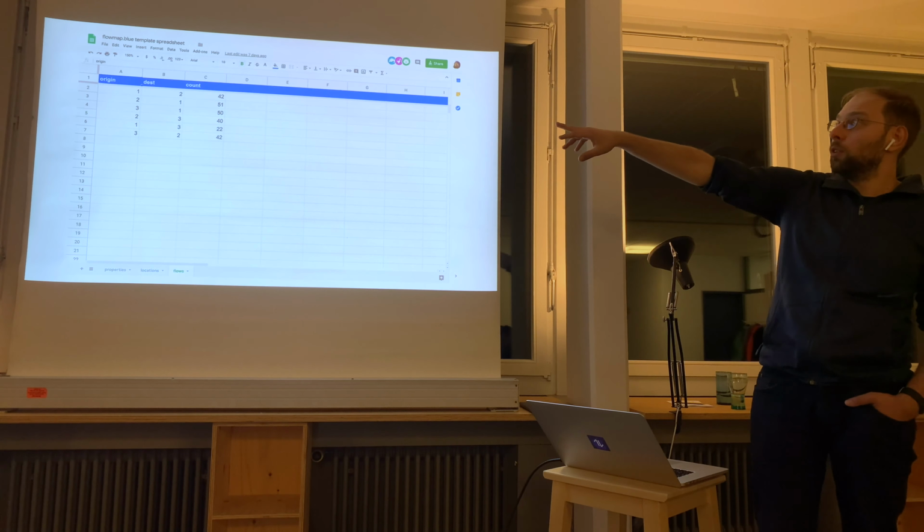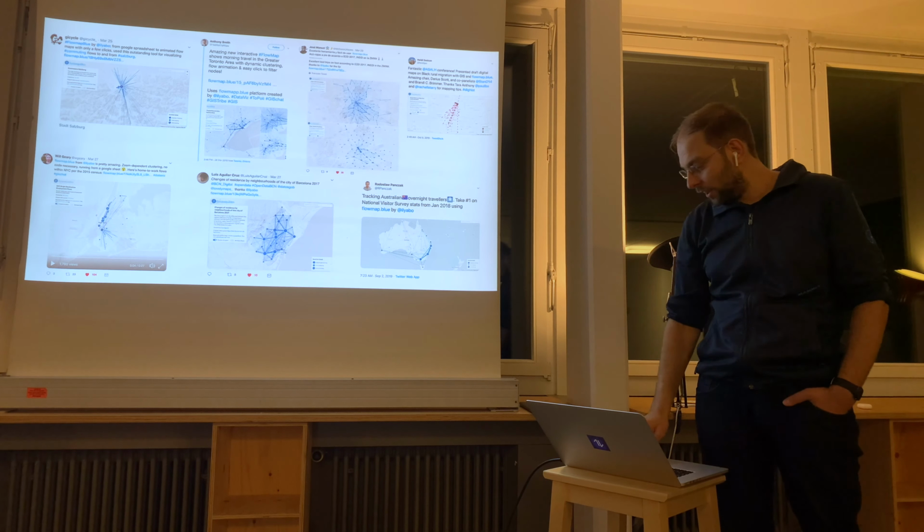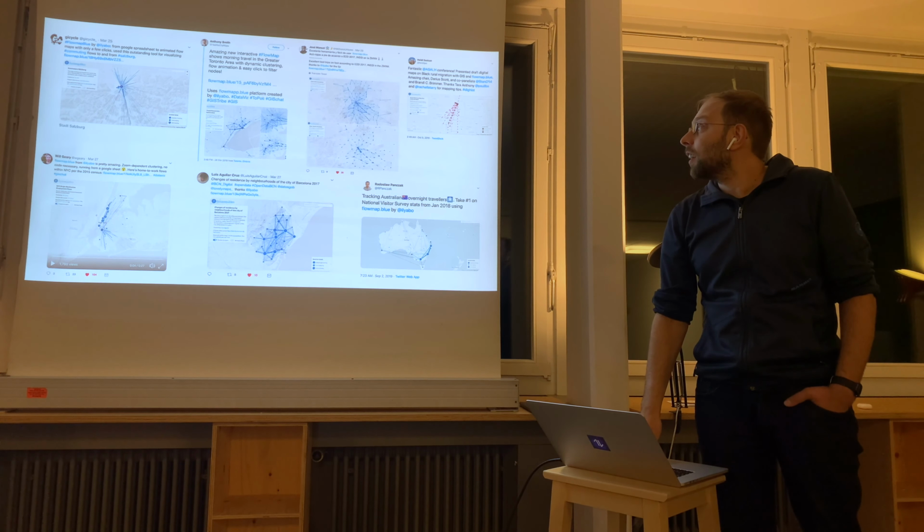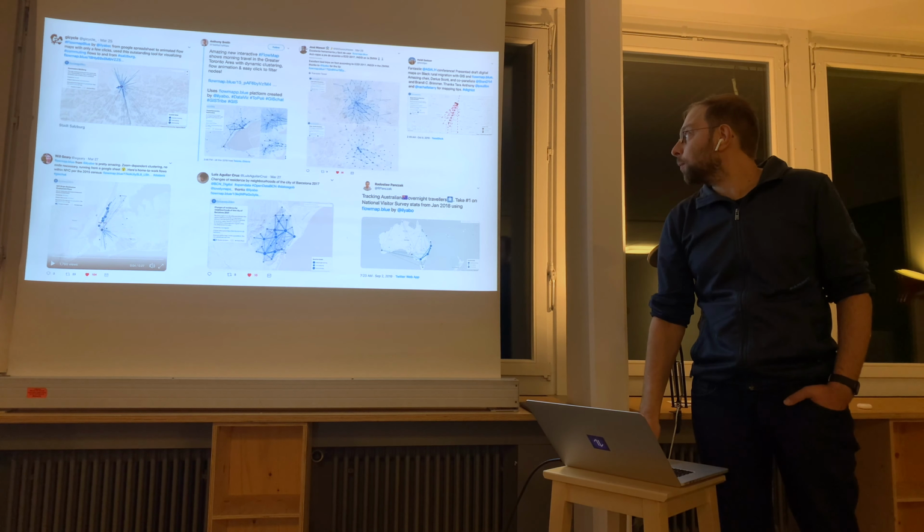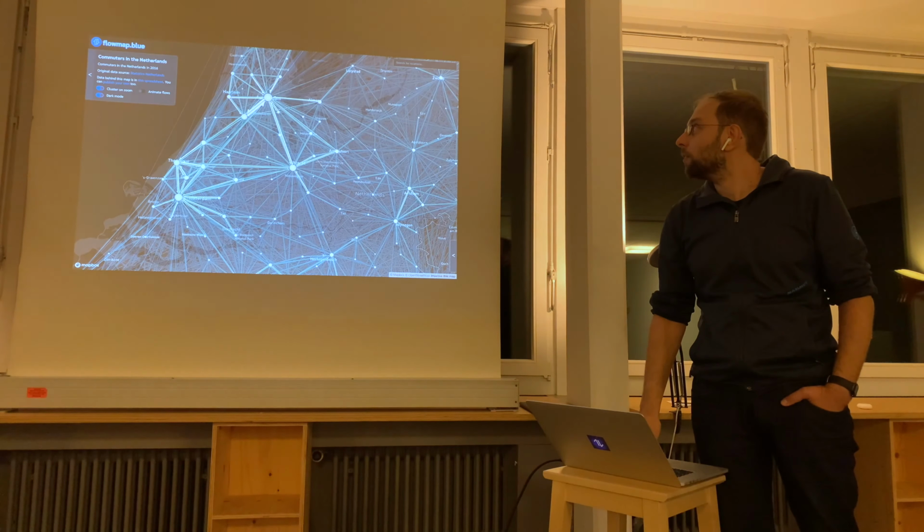And people uploaded hundreds of data sets from all over the world, visualizing very different things. Not only movement of people, but also other stuff. So this is the Commuters in the Netherlands. This is bicycle hires in London. You can see Hyde Park, very prominent. And the two train stations where commuters are going to and from.